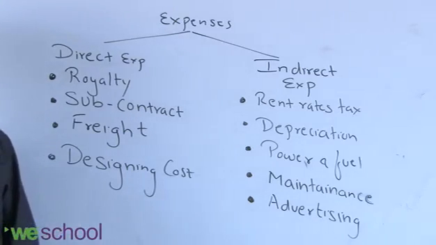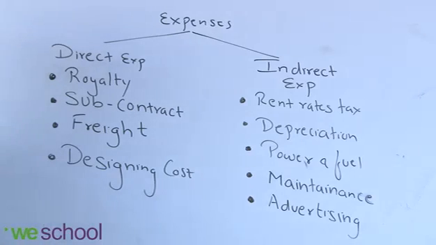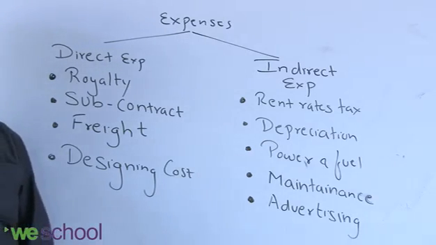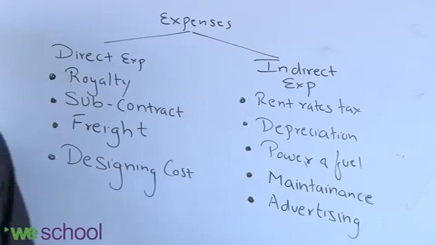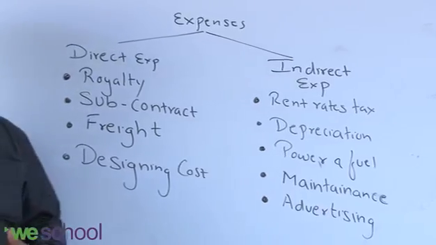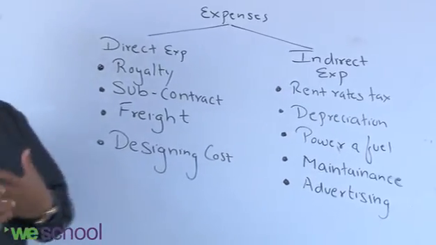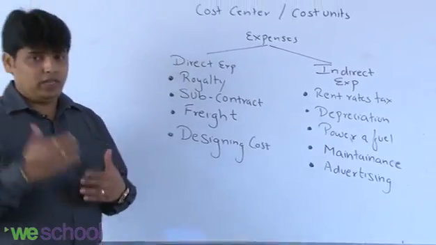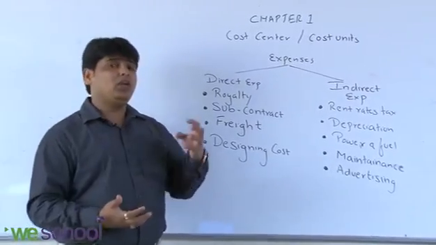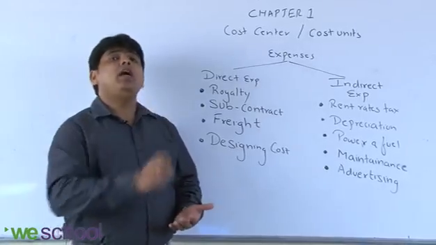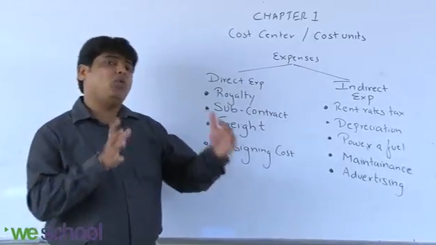Take an example of Hindustan Lever Limited. Hindustan Lever Limited is not producing one particular product. They have different portfolios, different categories of product. From soap, from toilet soap, to eatables, the various day-to-day consumable goods used by common people. All types of products they produce. So it is very necessary for them as well as difficult to calculate the cost of production for each and every product, because their operation is done at one unit.